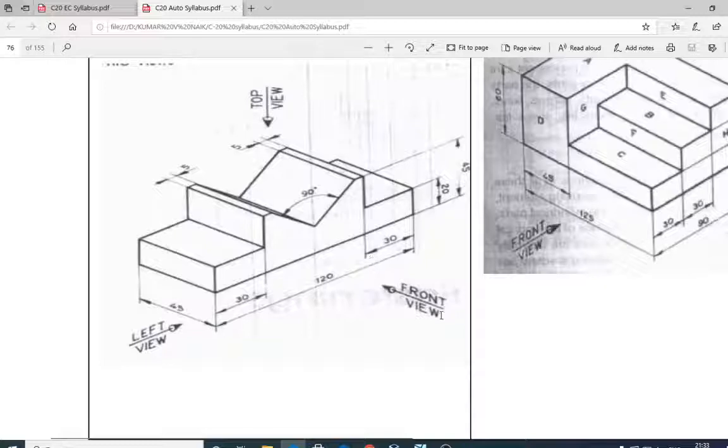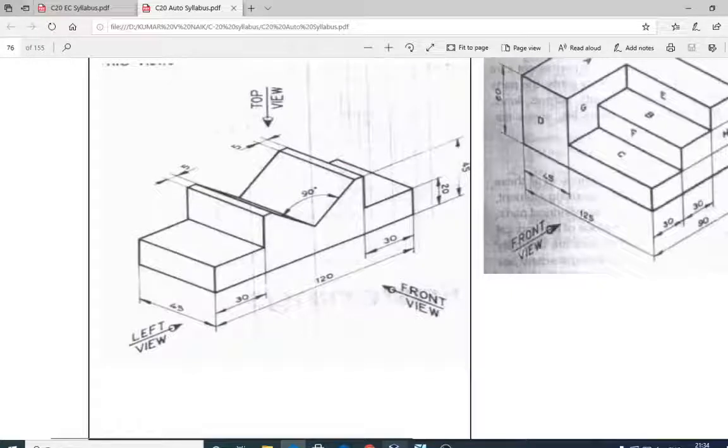In front view, when you see from the front, this area is visible, right? So this line means 120, and afterwards above 20, left it is 30 mm, and top again it is height from here to here 45, means from here to here it is 20, means from here to here it is 25, and again to the left it is 5 mm, and downward at an angle of 90. And similarly on this end also, from here to here you can move with height 20, right hand side 30, top 25, right side again 5, and downwards with an inclined line.